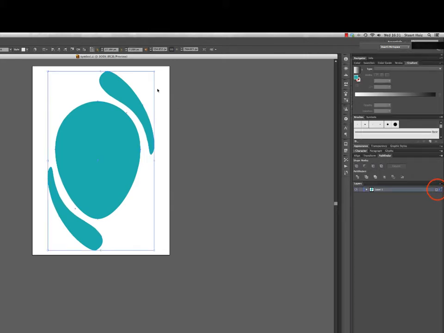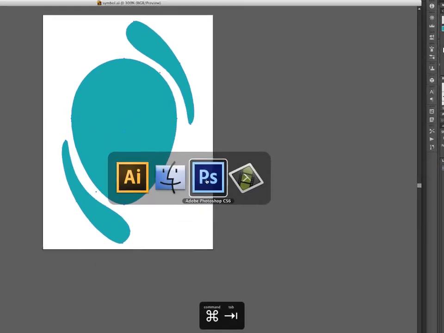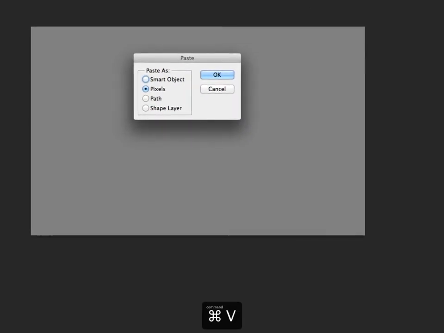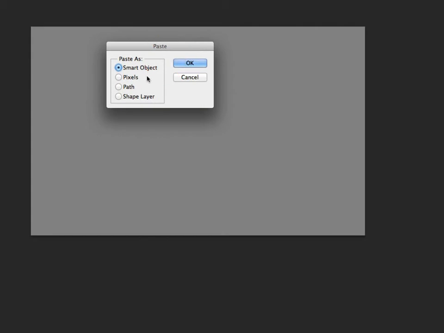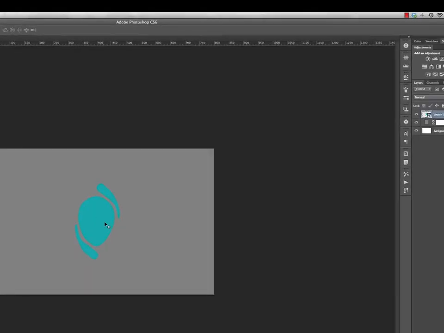If I have Illustrator open at the same time as Photoshop and I copy a file, hop over to Photoshop and paste it in, I get this dialog here, a paste dialog, giving me 4 different ways of including the Illustrator artwork. The first is as a smart object, and if I do that and then accept the file, over in the Layers panel I get a Vector Smart Object icon added, and